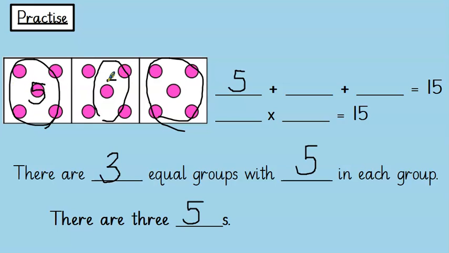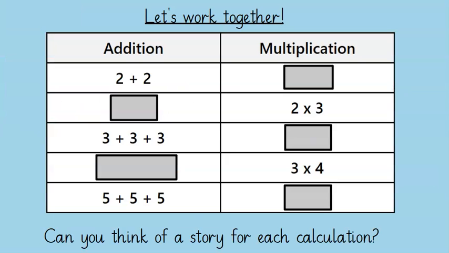Well done, there are 3 5s, which is the same as 5, add 5, add 5. Can you see that? There's 5, add 5, add 5, which I know is equal to 15. Or I could say that I've got 3 times 5, because I've got 5 3 times, haven't I? Okay, you superstar, does that make sense? So, I want you to tell me then, you're going to have to shout it at the screen, or tell your grown-up